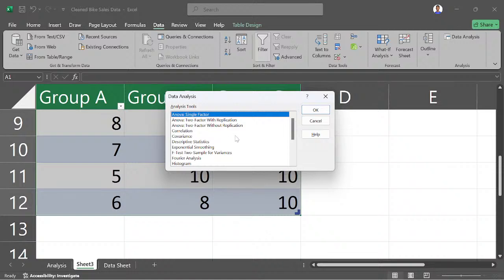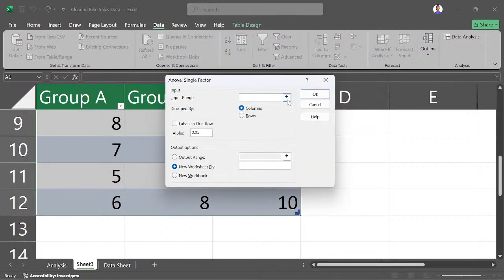So we are trying to do a single factor. Okay, I selected a double factor, that is two factor, first. So it's single factor, and then